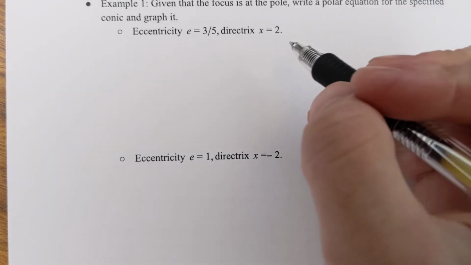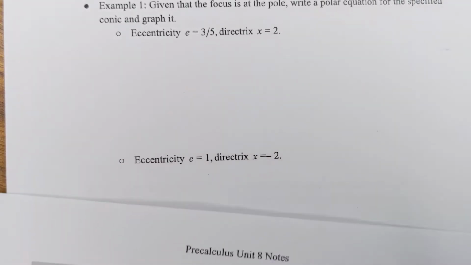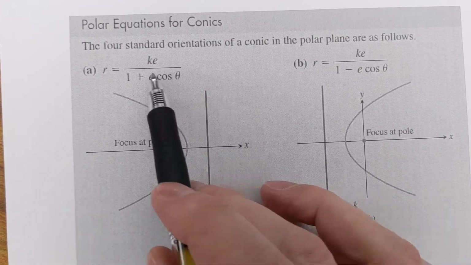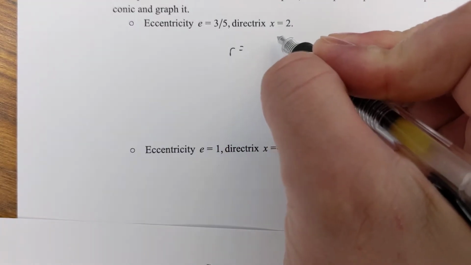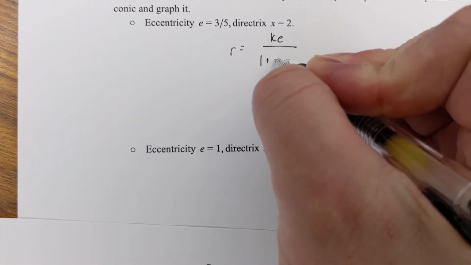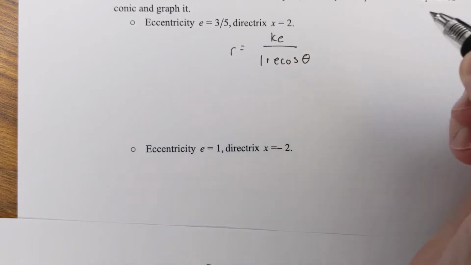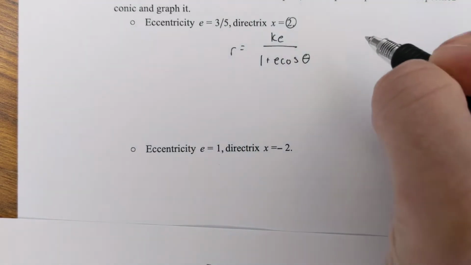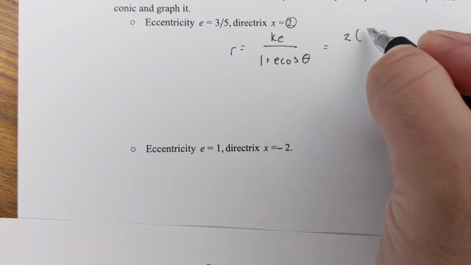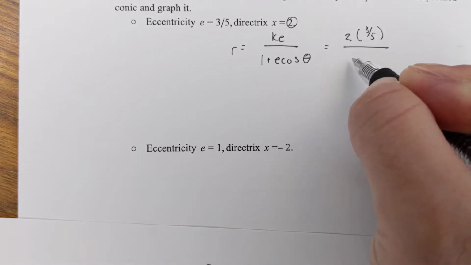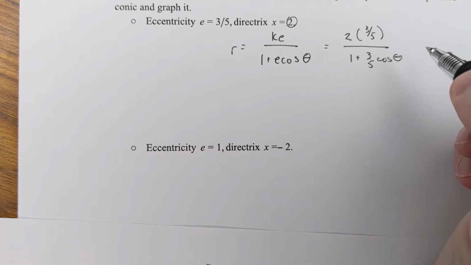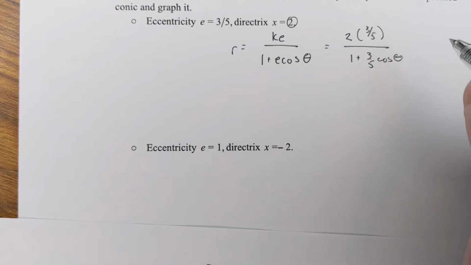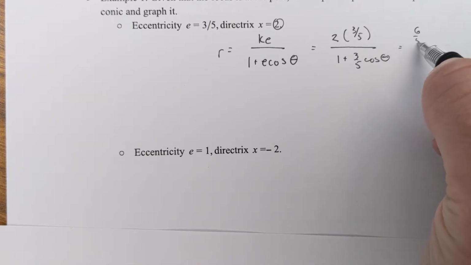This is an example of x equals k, a positive number, so it has the form r equals ke over 1 plus e cosine theta. There's our k value and our e value, so r equals 2 times 3/5 over 1 plus 3/5 cosine theta, which comes out to 6/5 over